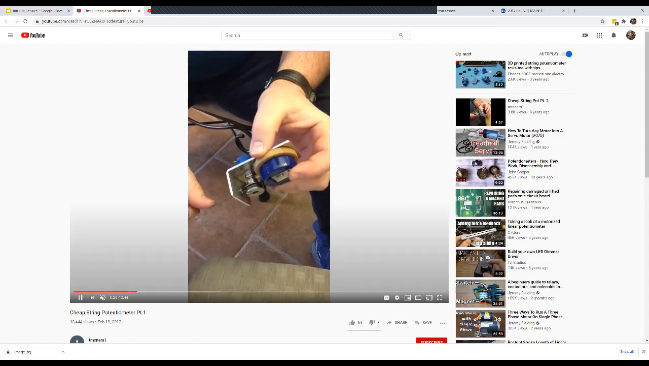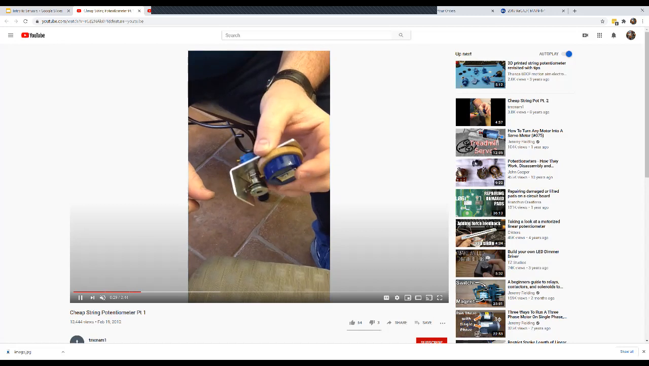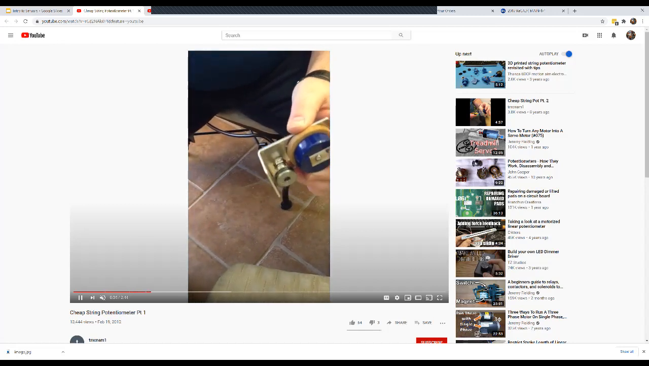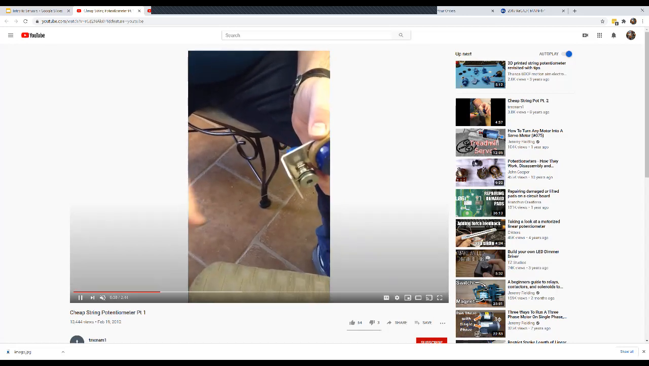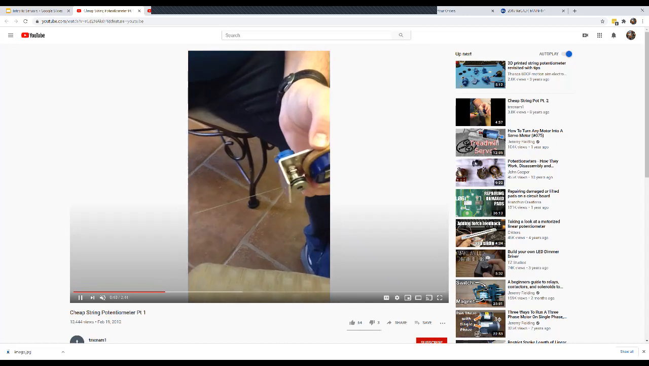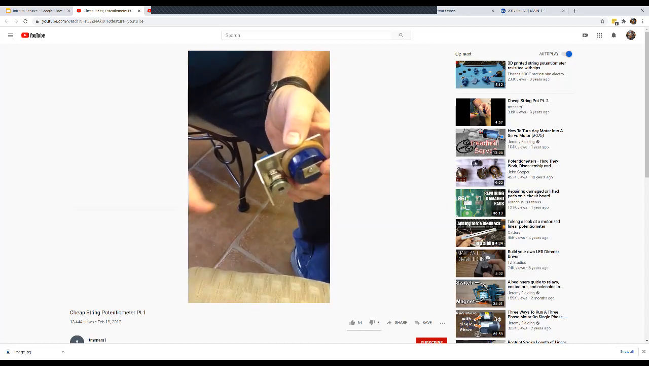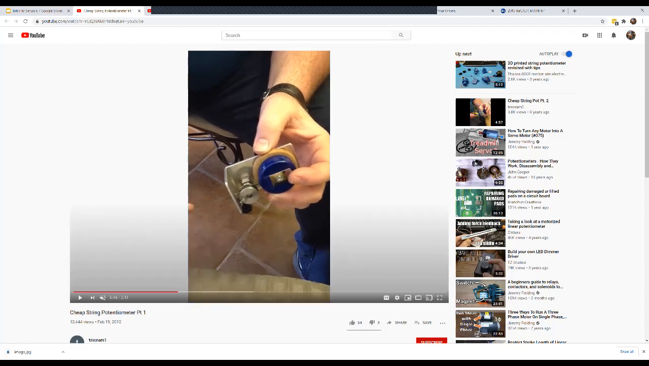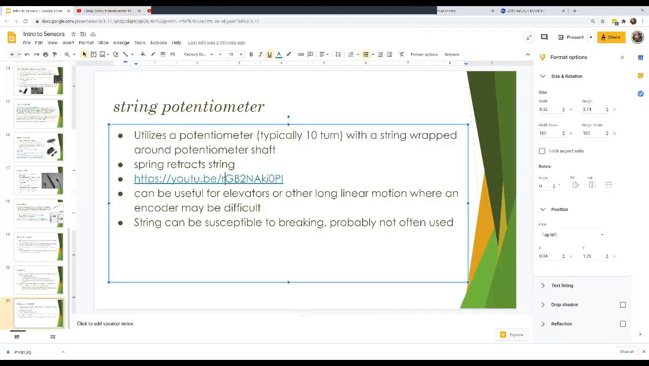So that can be very useful if you can imagine that his finger is a point on an elevator. That could be useful for elevators. However, also, if you can imagine, strings can break relatively easily in FRC. So if it's not well protected or guided, it can be a weak point in your design. So something to keep in mind, especially from a programming aspect. So it's not used as often